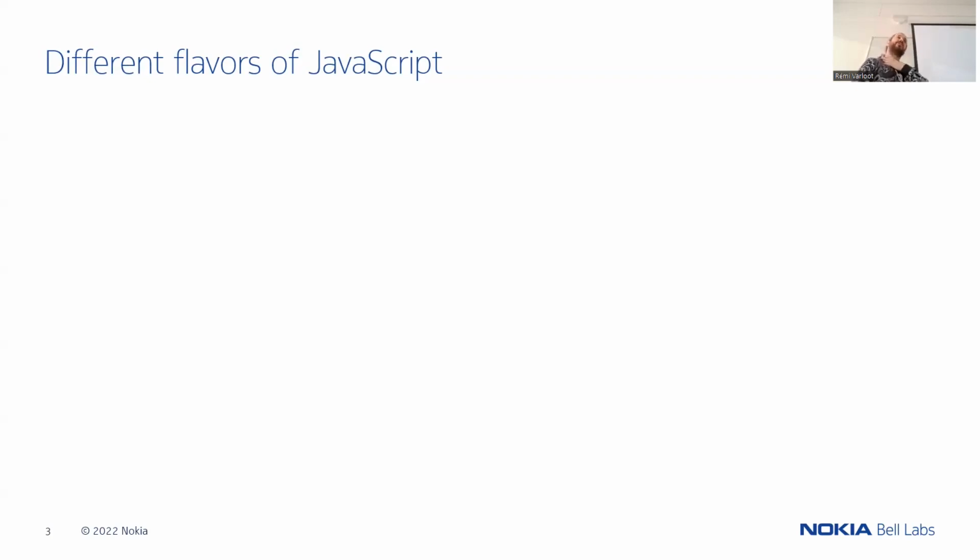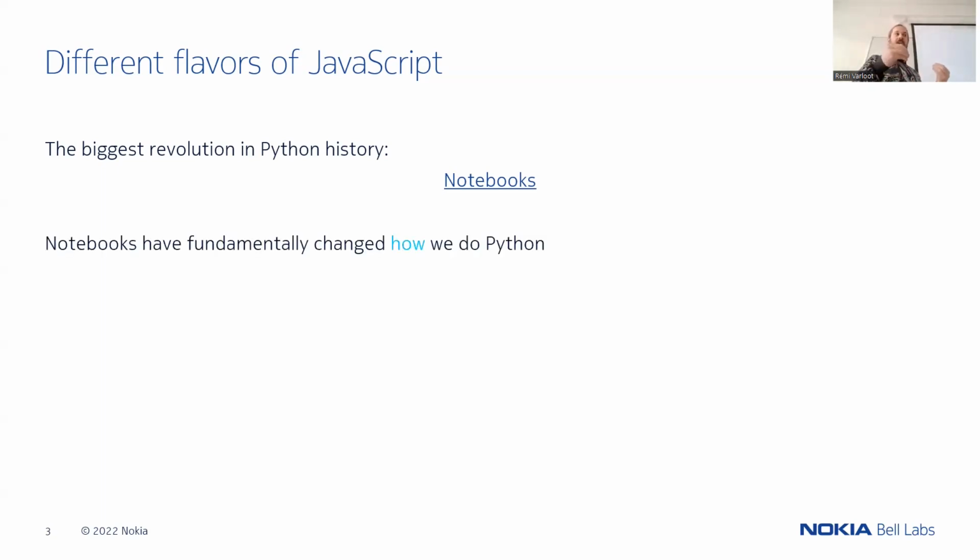And to do that, I'll bring it back to Python. So, bold claim. I tend to think that the biggest revolution in the history of Python, in the way we use Python, is notebooks. Basically, when notebooks were introduced, it fundamentally changed the way we do Python and how we think our Python code. Before that, you would just do scripts. Now we can either do scripts or notebooks, and both have their usage. And when you go into a Python project, you choose one or the other depending on your needs. And this is